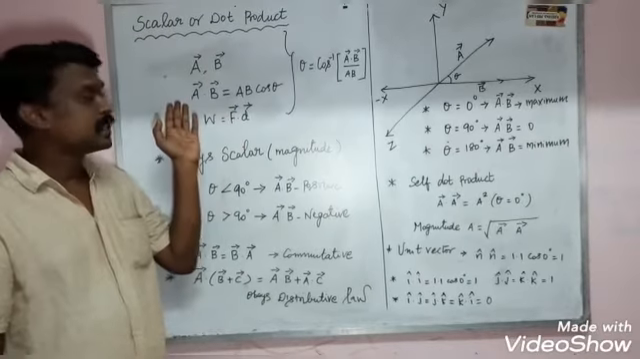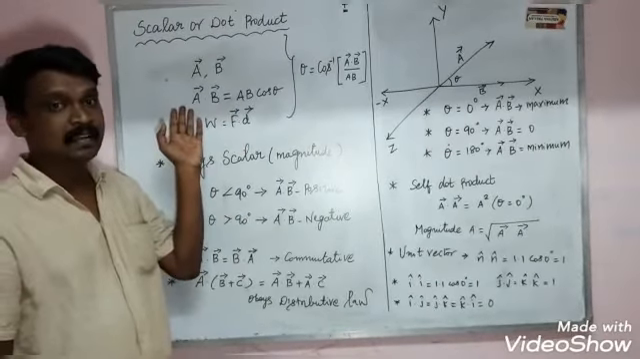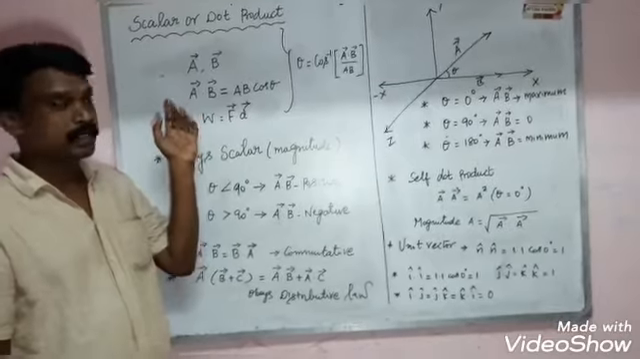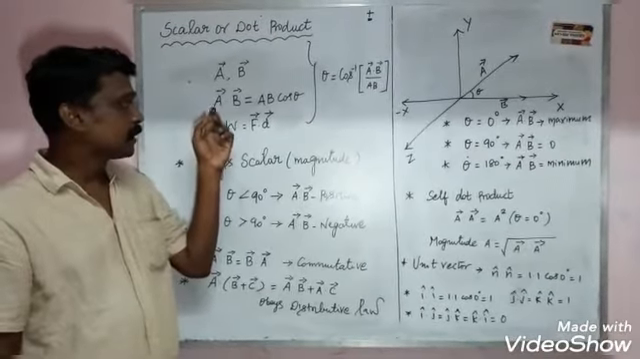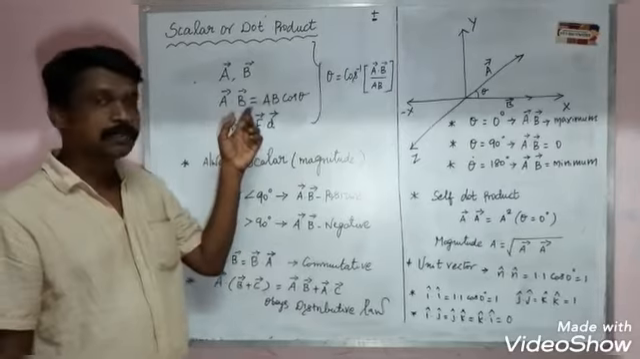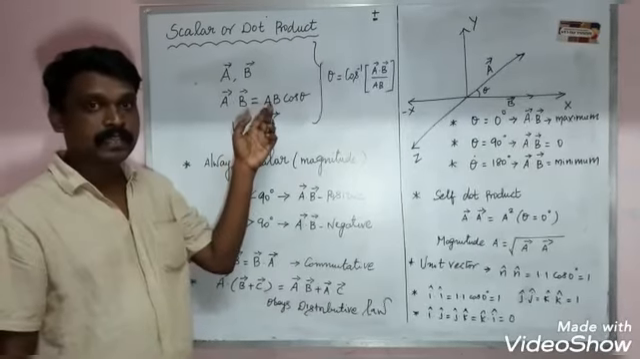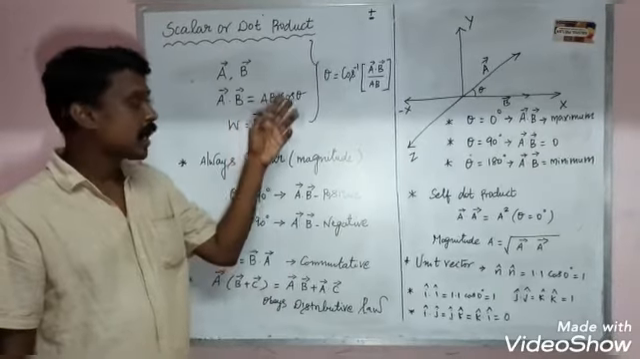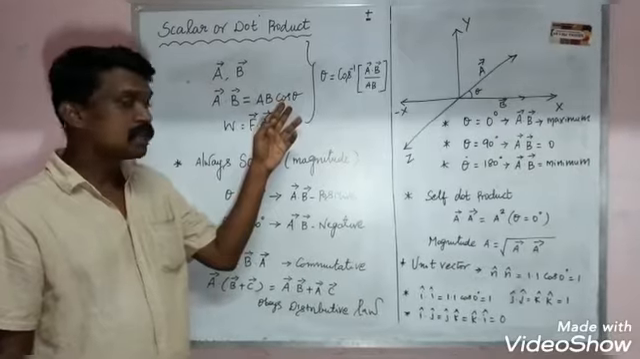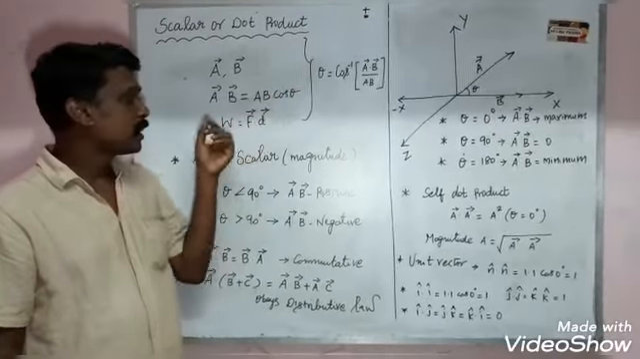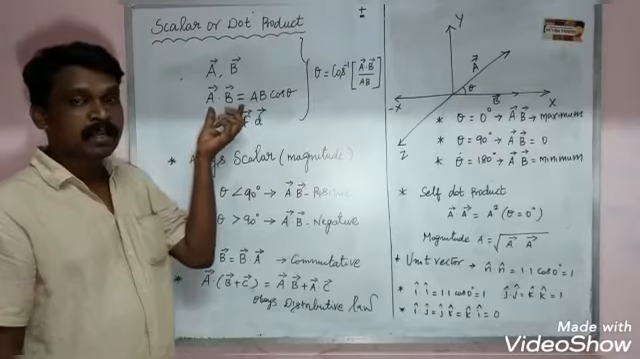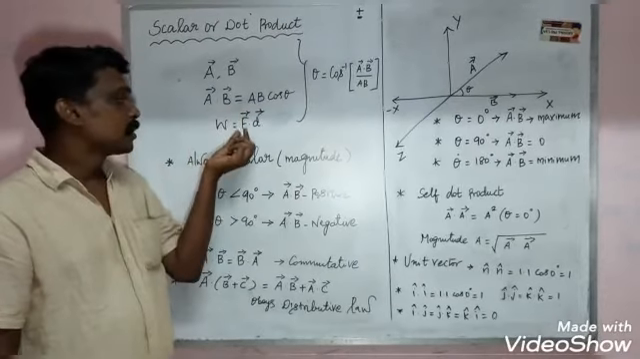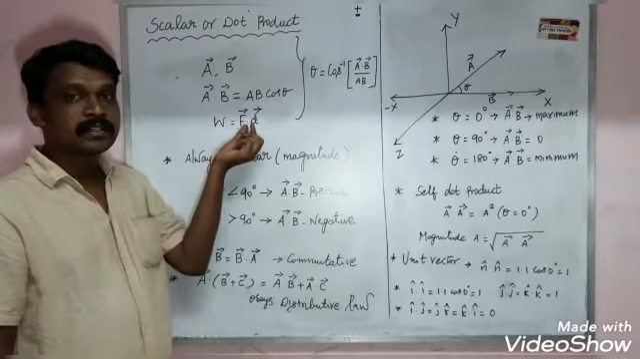Now we will see the definition for the scalar or dot product of two vectors. The scalar product of the two vectors A vector and B vector is equal to the product of their magnitudes and the cosine of the angle between them. A good example for the scalar product or dot product is F vector dot D vector